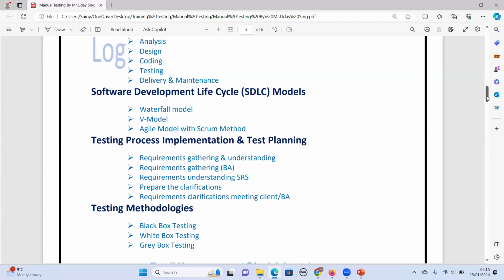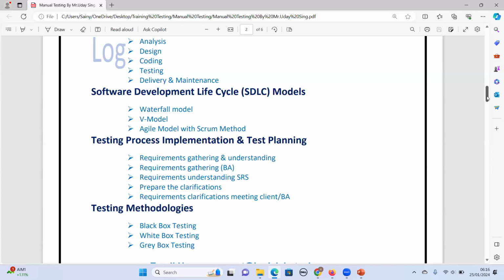Next is requirements understanding of the SRS, which is the software requirements specification document. I will explain what documents are used, and how, as a tester, you need to understand those documents and prepare clarifications. Before you start testing an application, you will be handed a lot of documents, and if you have any questions in them, you have to clarify them.